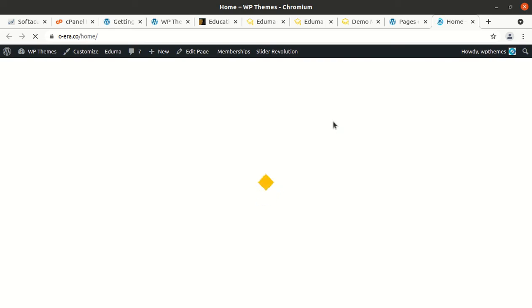And something good is loading after these activities. We have already done all the parts of installing theme, plugins and demo import and also things.